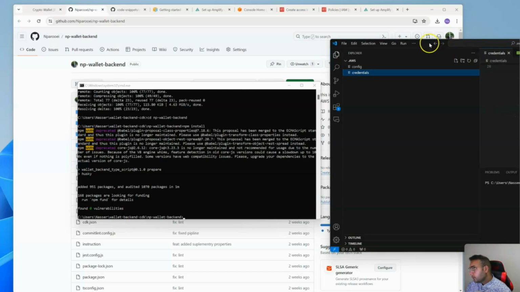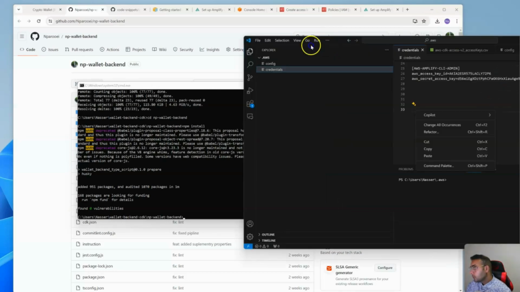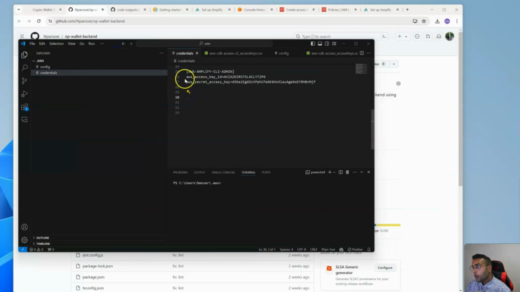In here, you will create something like this, and this is the access key ID and secret key for my other user, and for the user we just downloaded here, it's